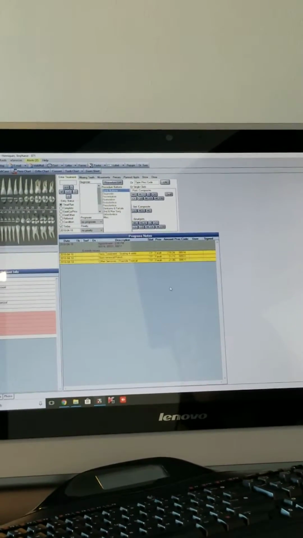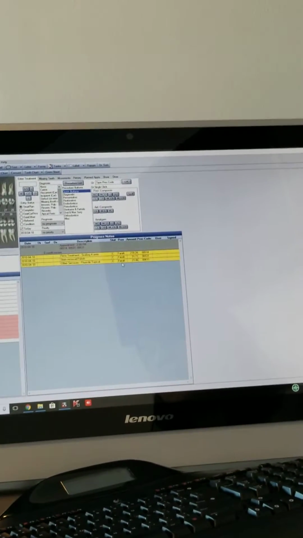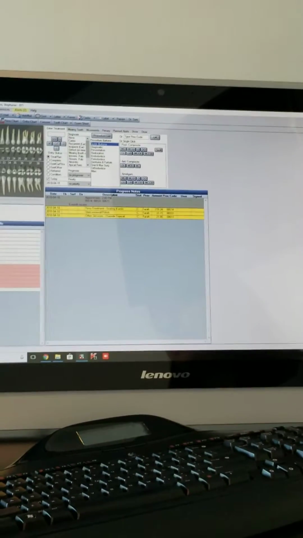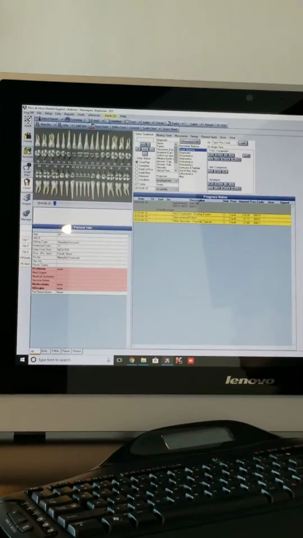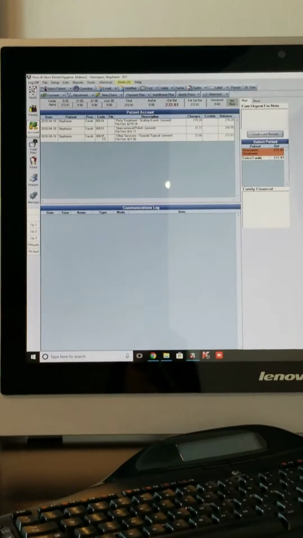Okay. So now they're complete. So once it's complete, then you can go to accounts. So the money is where you're going to either collect your payments or send claims from. So you go to account, and now all the codes that we did today have been dropped into the account,